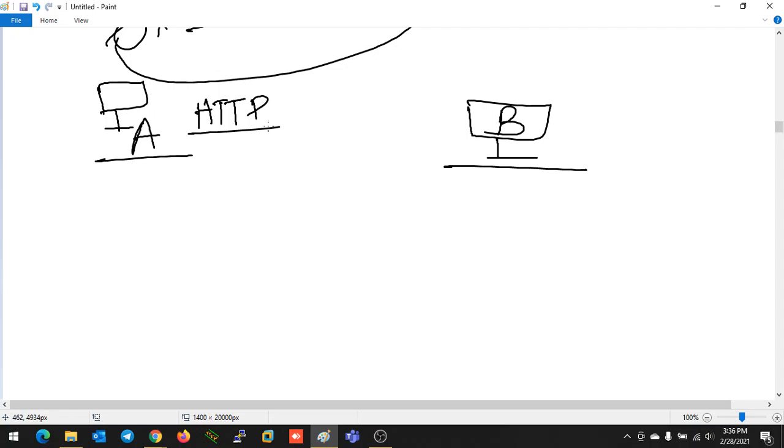Okay, for HTTP the port number will be 80. So A is going to send some data request towards B.